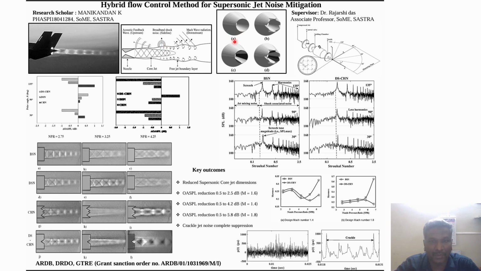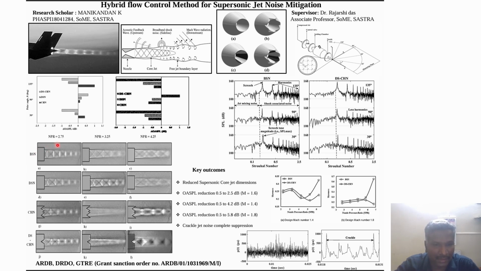So here I am proposing a combined flow control method which couples the deflected seal concept with the serrated edge concept, serrated edges called chevrons. I am introducing the hybrid flow control method by fusing the deflecting seals with the serrated edges. I am adopting flow visualization, far field acoustic measurements, and statistical methods to analyze the proposed nozzle. For the flow visualization studies, I have used the schlieren flow visualization method,